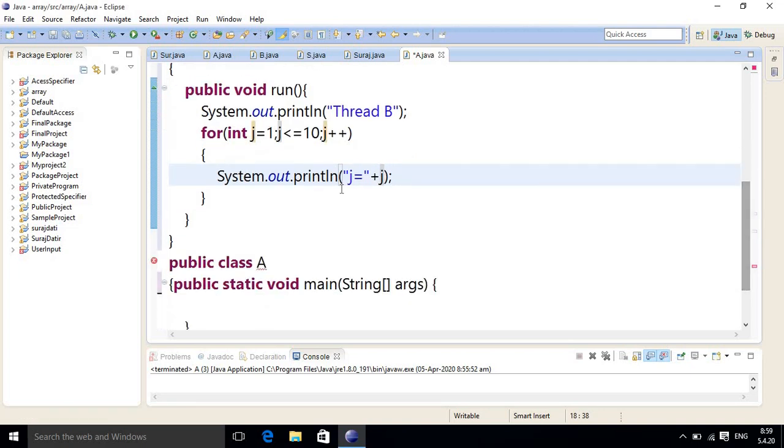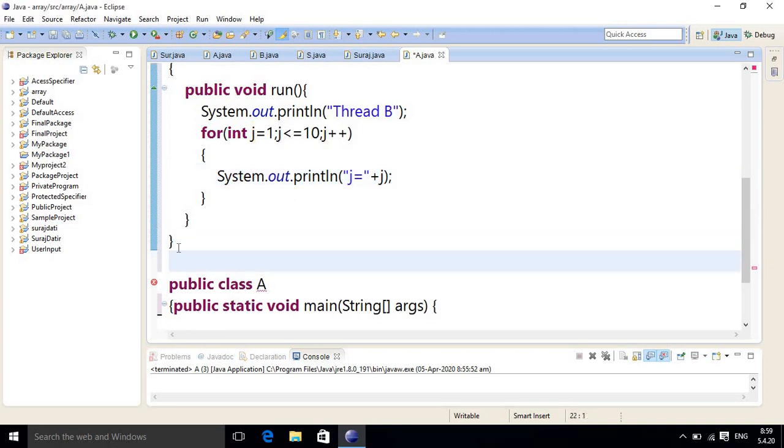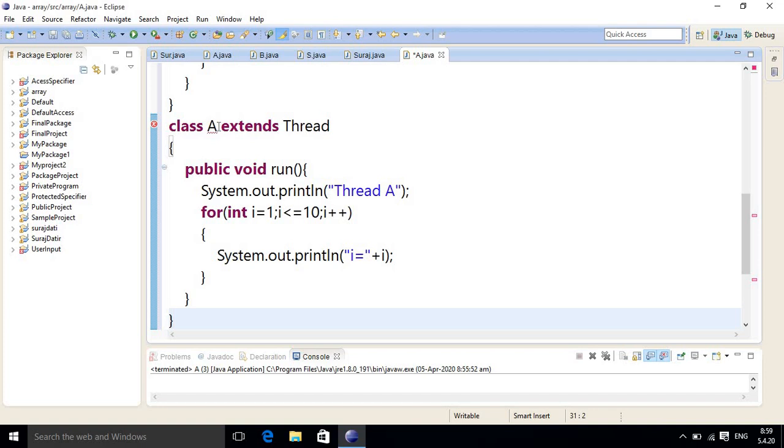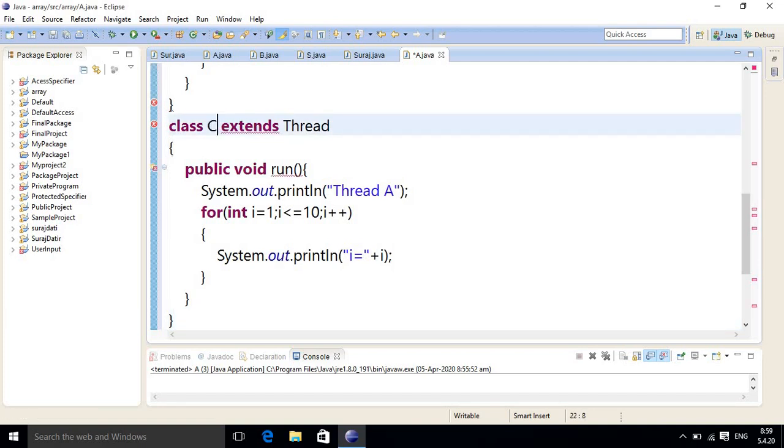One more time I will paste the code here, and our next thread will be C. Our changes will be done here, and in place of i we will write k.